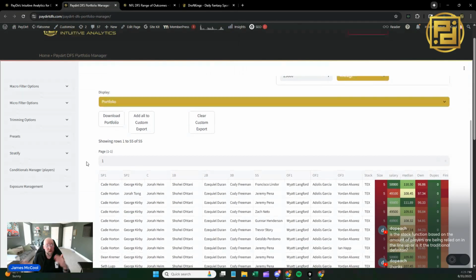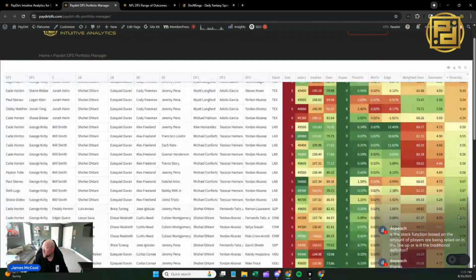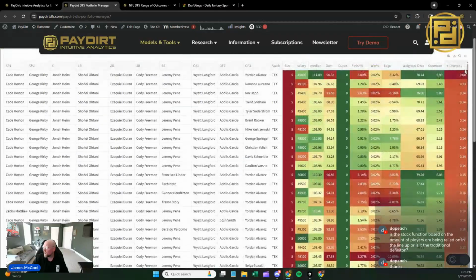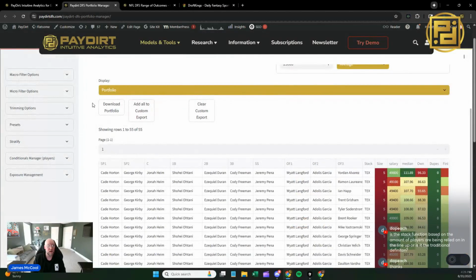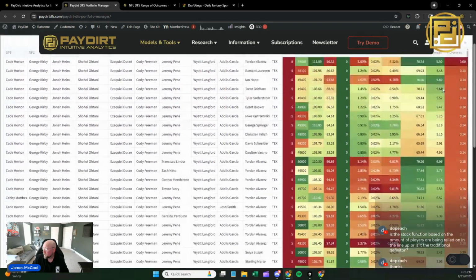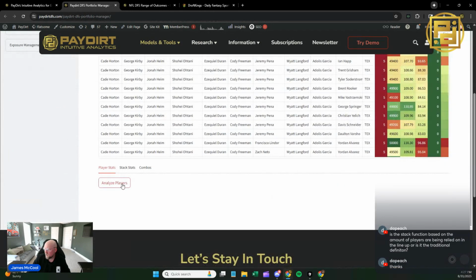Now, the reason why I exported it and then reloaded it is because this resets the diversity score. The diversity score is always going to be 0 to 1 based on the entire portfolio that is loaded into the tool. So if I want a representation of the lineups that I think are good for single entry, I can reload this and ask, what is the lineup that has the lowest diversity score? Because that is the lineup that is most representative of all the lineups in this portfolio. So when I go and analyze players,